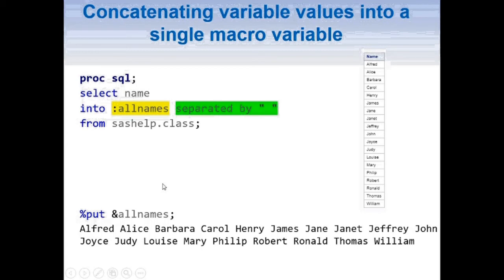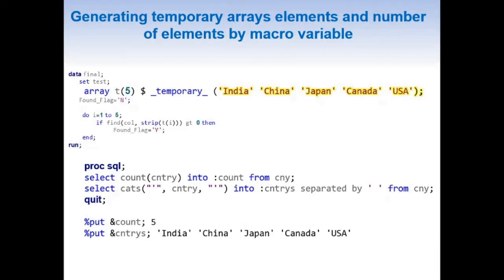We can check out the values of the macro variable by doing %put &allnames. So here we are referencing our macro variable by ampersand, and we can see the value of our macro variable in the log. It is exactly the same as what we have in here, but now it is wrapped up in a single macro variable. Now that we have looked into how to create macro variables, we need not manually type the values in here, but we can derive them from the table from which we want to check the values.